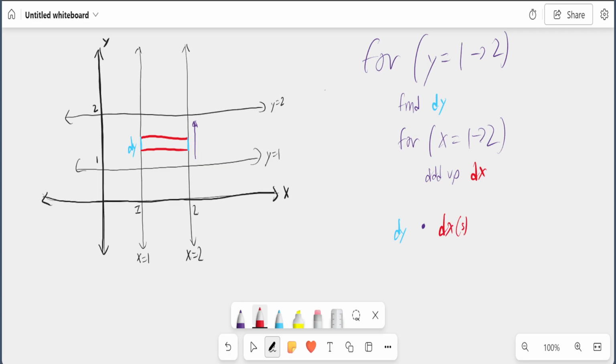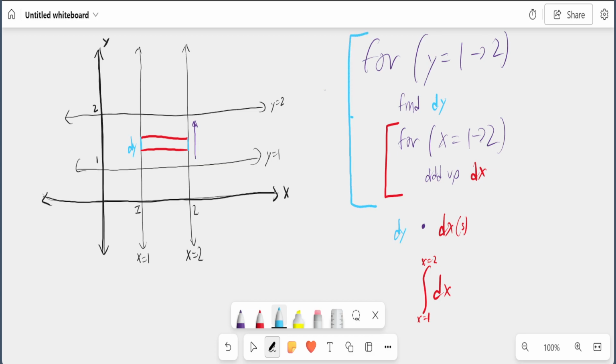I just put parentheses f because we have multiple dx's that we all added up and we're multiplying by. And so we can represent this as a double integral, right? Our inner for loop would be adding up dx's from x equals 1 to x equals 2, right? Usually we shorthand this by saying 1 to 2, but I'll be more specific. And then we do our outer for loop,